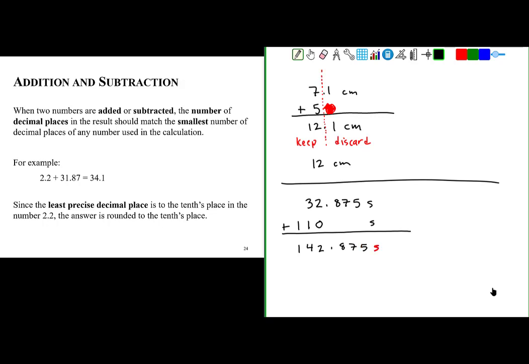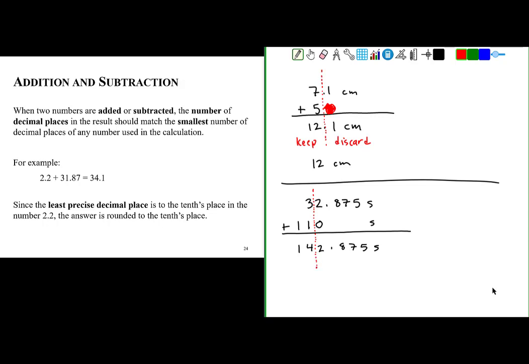However, for the number 110, since the 0 is insignificant, because the number 110 does not have a decimal point indicated, and that 0 is to the right of a non-zero digit, we know that 0 is insignificant. So when I report the final result based off of this addition, since that 0 is insignificant,